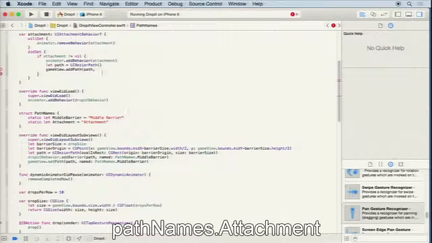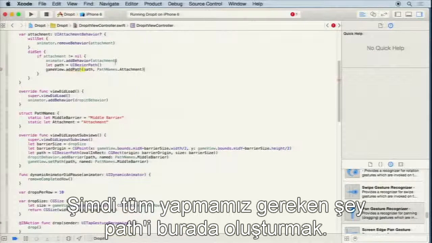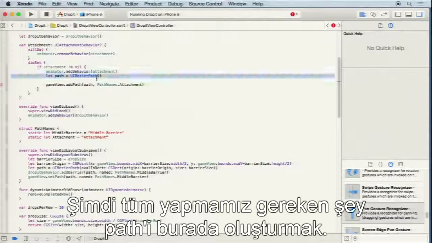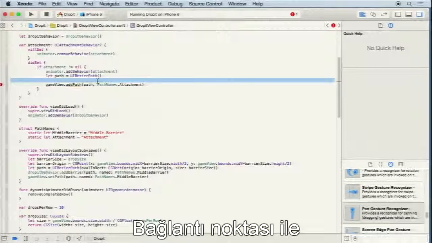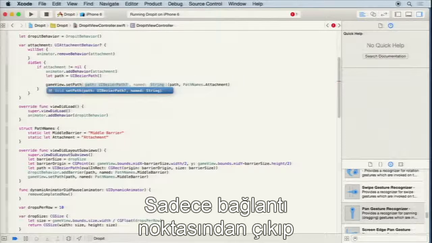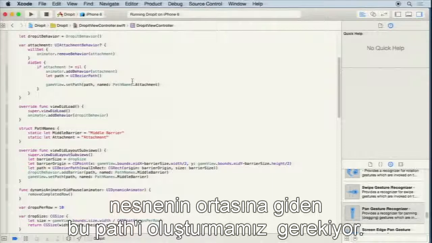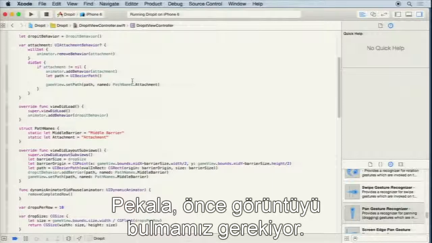Attachment, like that. Okay, so pathNames.attachment. Okay, so really all we need to do is create that path in here. Okay, that path between the attachment point and the set path. Okay, we just need to create this path that goes from the attachment anchor point to the middle of the